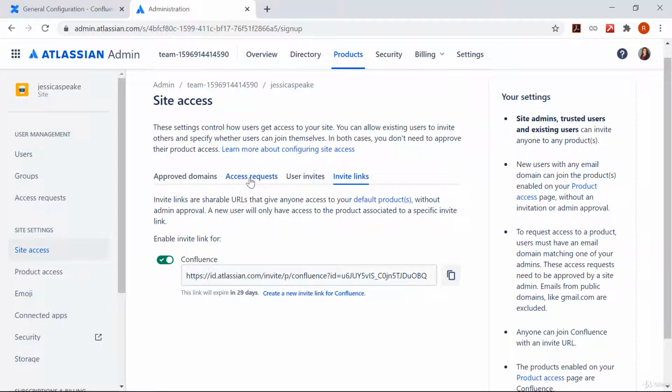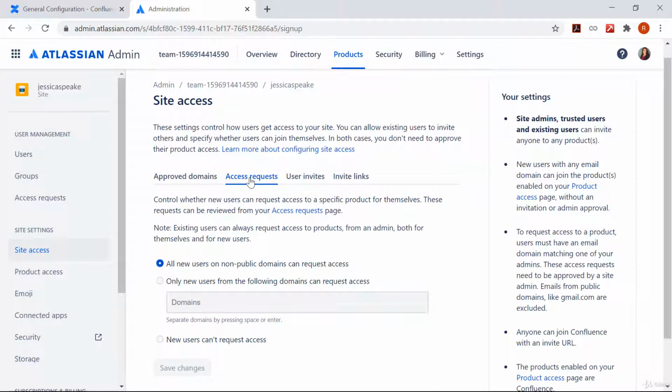We have already covered this part in our previous lecture where we talked about inviting new users. Let me share some more details with you on access requests and show you how access requests actually work. This will help you understand the concept better. So as I said, when users encounter a product they can't access, for example, they are sent a link by another user, but if they are unable to access your page, they might request access to the site.